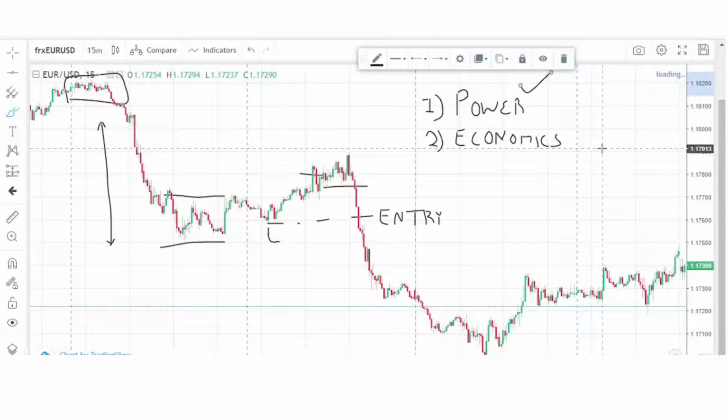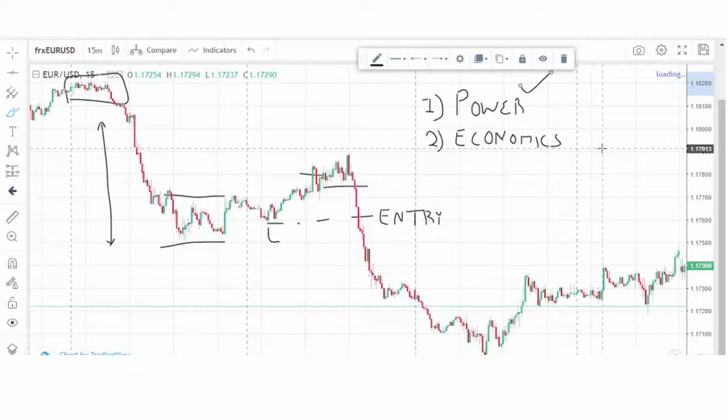So economics are part of your fundamental analysis. Okay. So before you place the trade, you go through what we spoke about, power, because the power will help you determine the direction of the market. Once you have determined that, number two, you look at your economics. Okay, so let's say you want to trade the euro, for example. You go to your economic calendar and you look out for news on the euro.